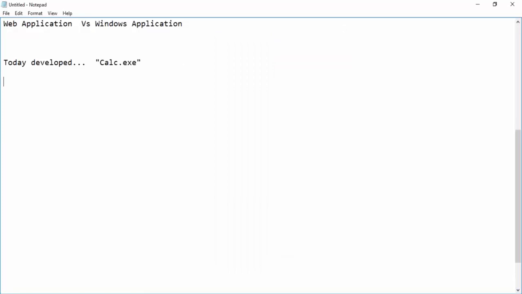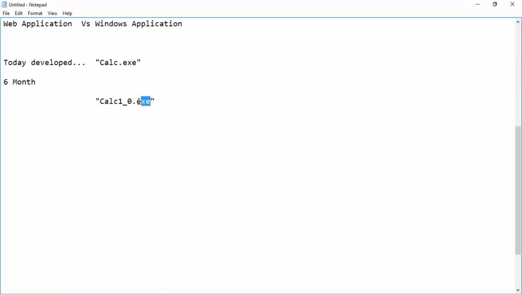After 6 months or 1 month or 1 year, you have added the new features to the existing application, then it will become a calc, while the 1.0 version .exe had been given to the client. So after receiving these requirements, you will be creating this new application. Then you have to hand over this new application to the client.